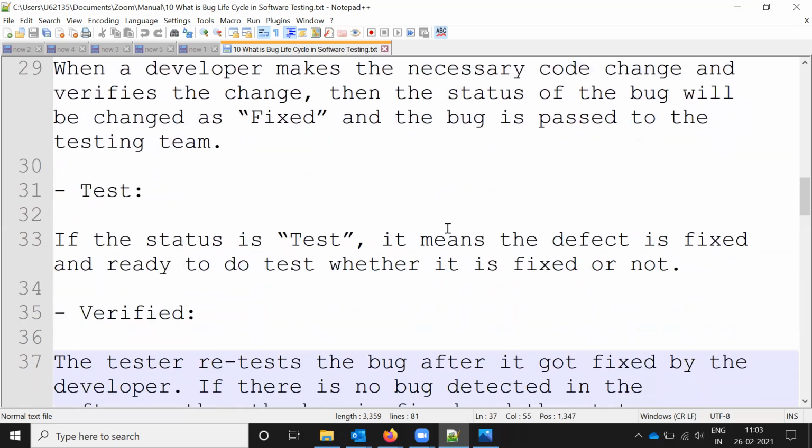Once the tester starts testing, it becomes test or ready to test, based upon the company; some companies use the ready to test mode. Here the tester will test all the steps and all the information provided.